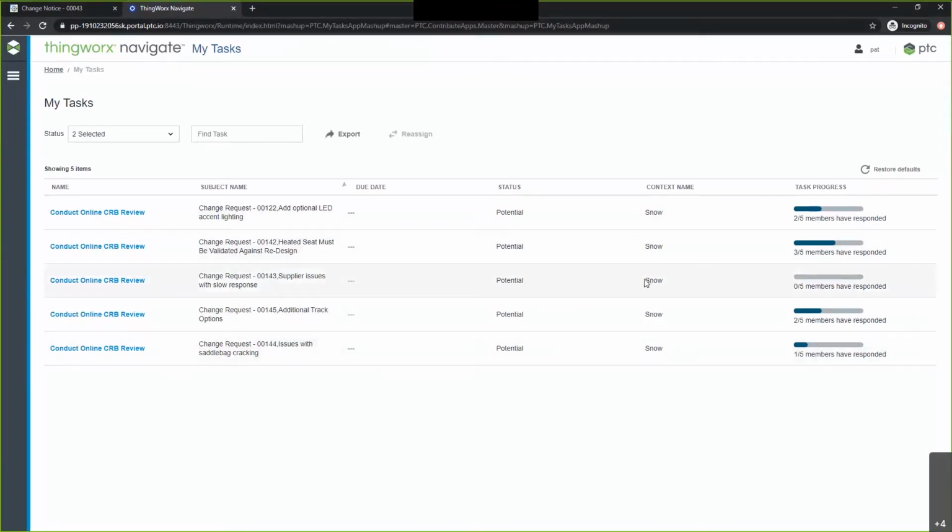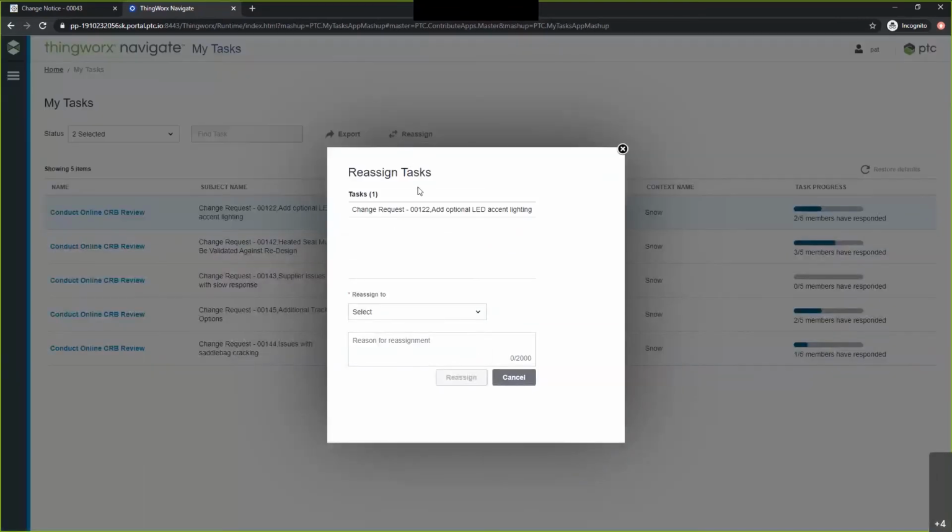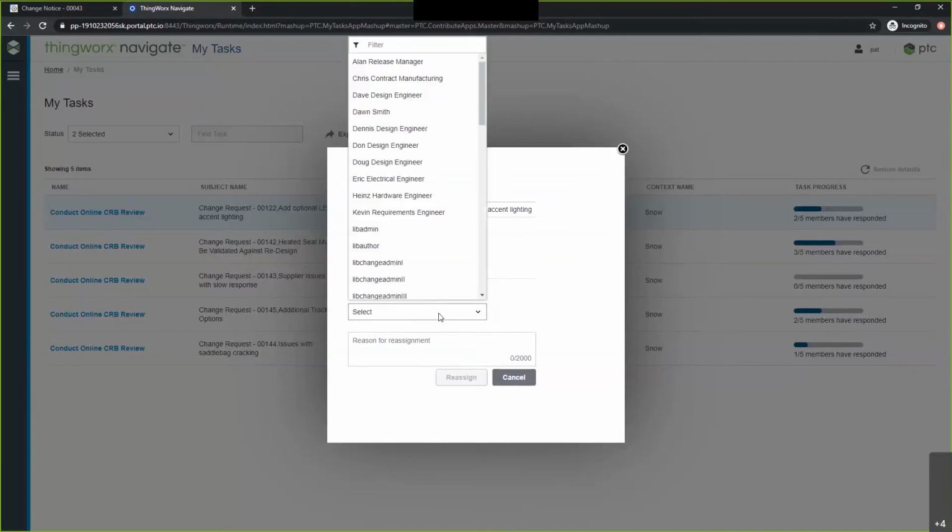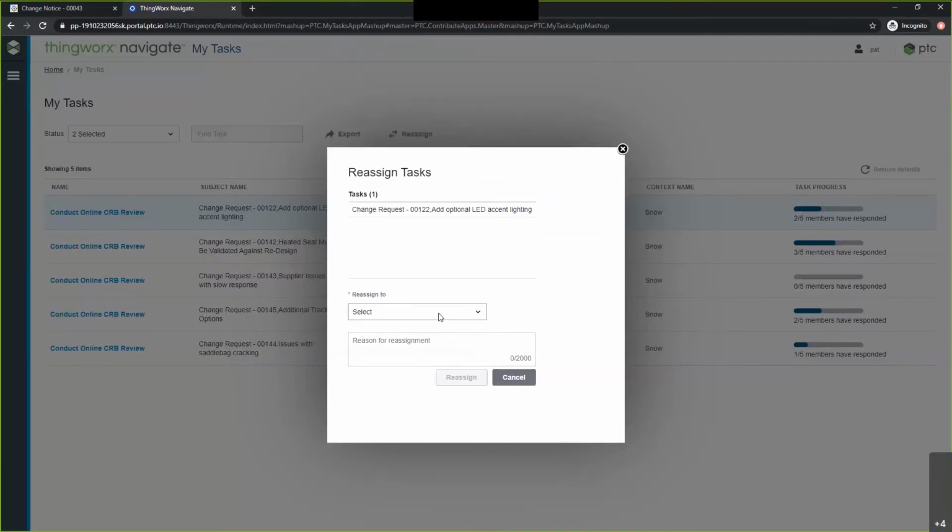Maybe I'm injured or sick or about to go on vacation, so I can't do one of these, so I need to reassign it to someone. Well, I can do that from here as well. I can give my reason why, and I can select anyone from that workflow that would be allowed in terms